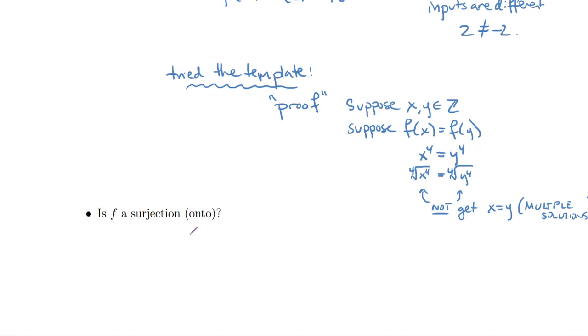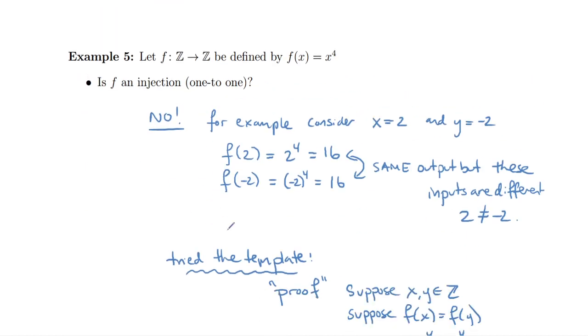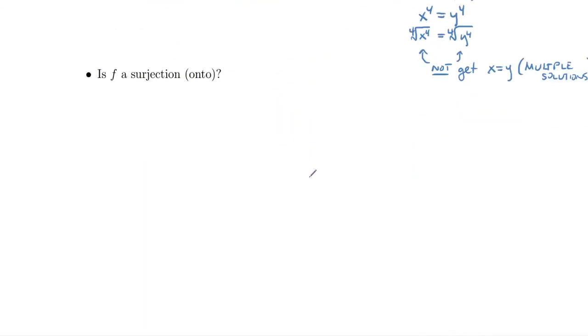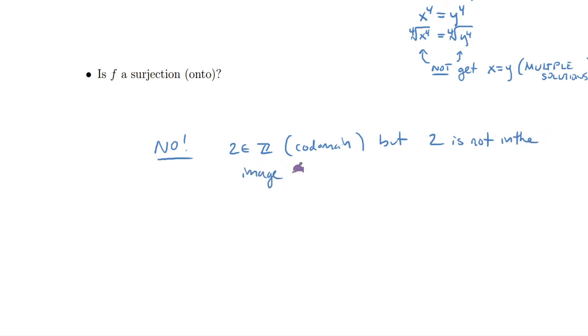Okay. And what about surjection? So surjection, if you want this function to be onto, is every integer hit? Well, when I take the fourth power, is that a problem? Well, just like taking the third power was a problem, it's the same with the fourth power, right? So for example, so this one, no. 2 is an element of Z in the codomain. But 2 is not in the image of f,